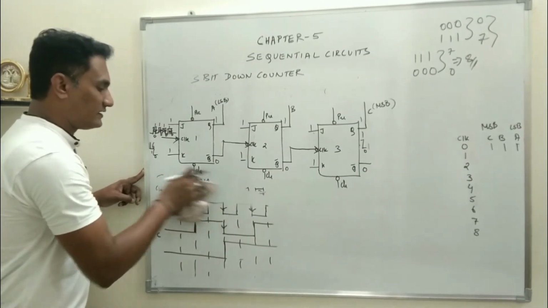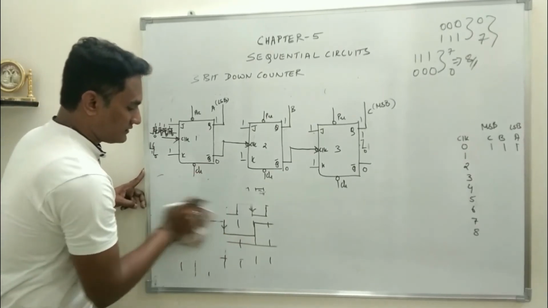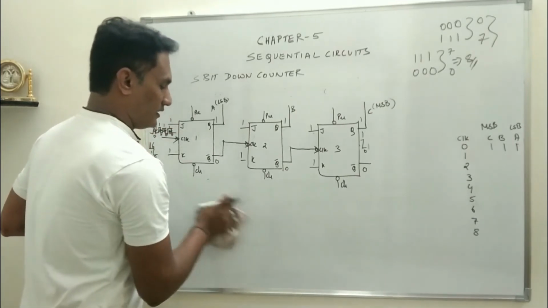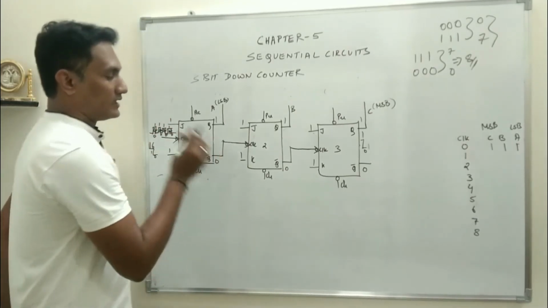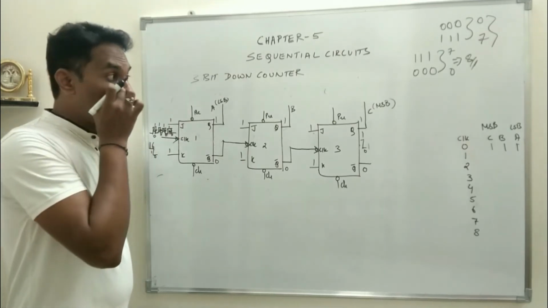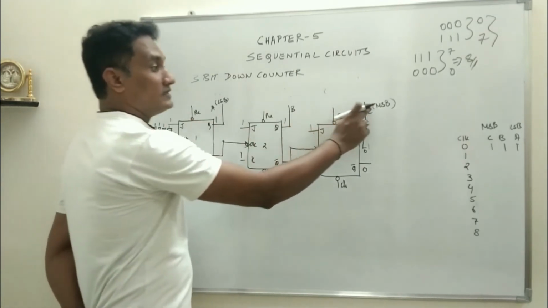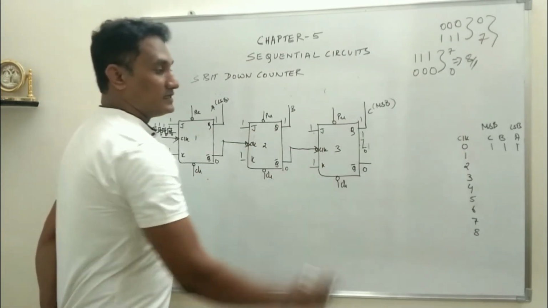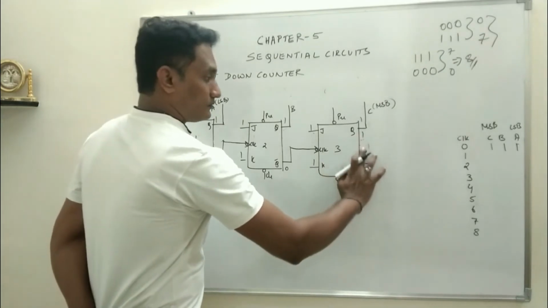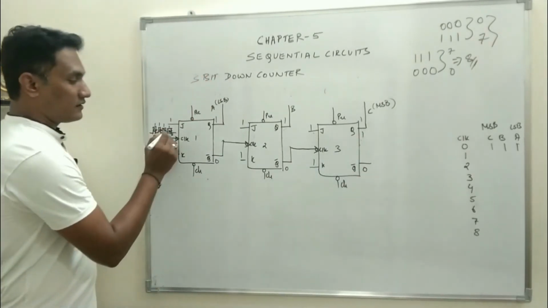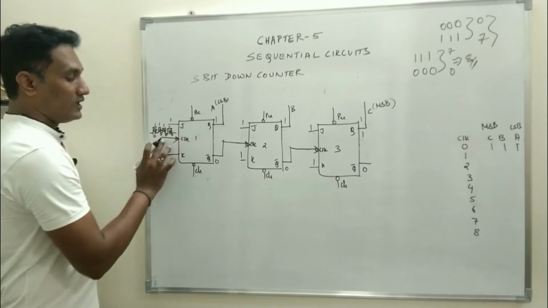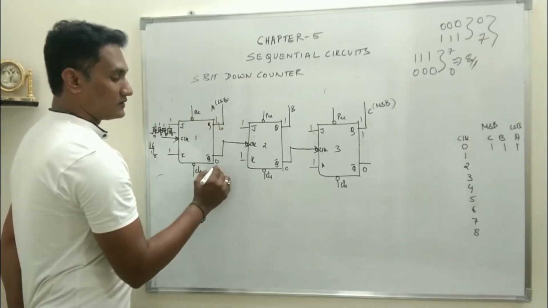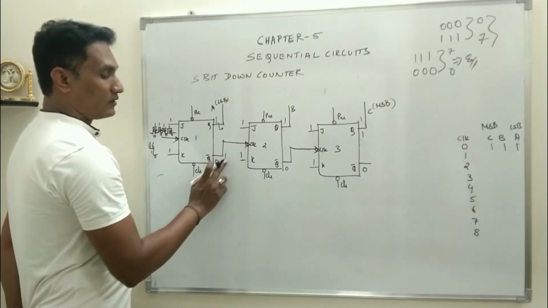We don't need a timing diagram for this circuit, the down counter, but if you want to, you can design one. We will try to understand that too. So what is the initial condition? A is 1, B is 1, C is 1. Of course the Q output of all the flip-flops is 1, therefore Q bar is 0. Now when the first clock pulse arrives, A goes from 1 to 0. So what happens to Q bar? Q bar goes from 0 to 1.